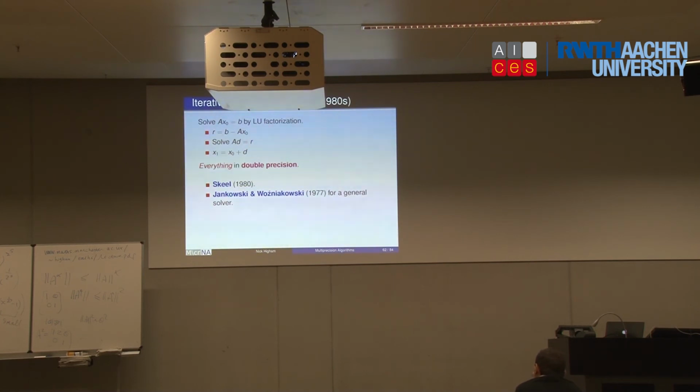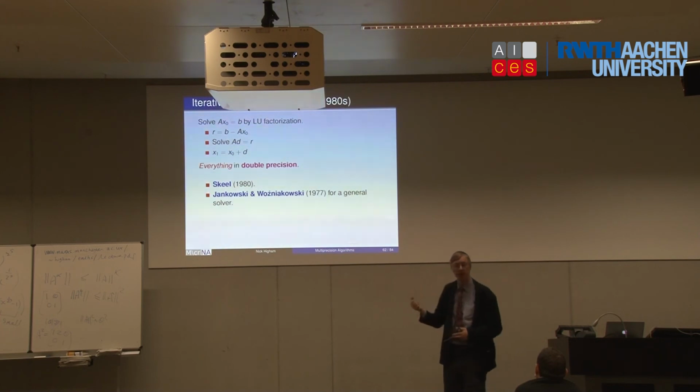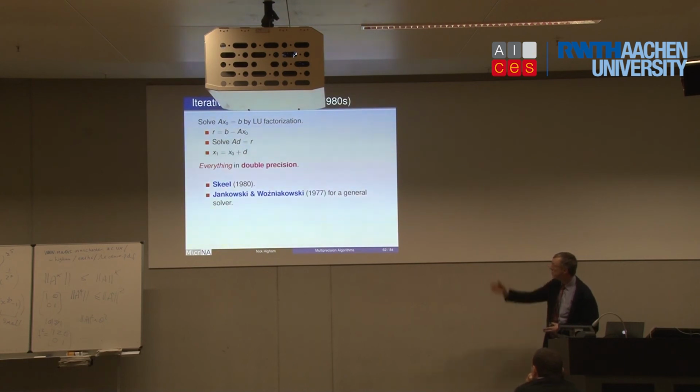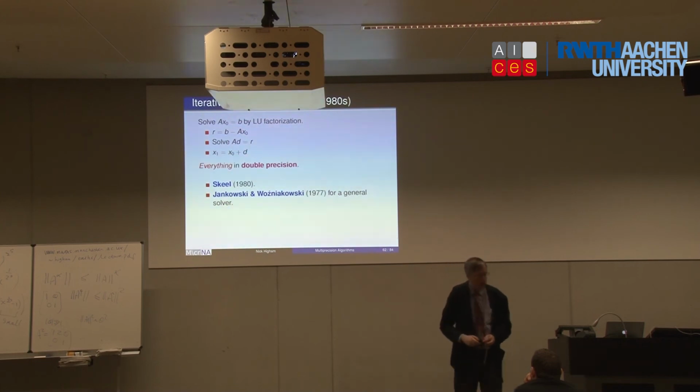There's two things. One, you can prove that you get slightly better error bounds than for the original x0. So the bound for the converged iterate will have a somewhat smaller forward error bound than the one for x0. That's the first thing. And that wasn't easy to prove. That was quite complicated. The second thing is if your original LU is rather unstable, if it's got some error growth, if you've used a rather weak pivoting strategy, this process can cure that instability. So you can get by with a more lax pivoting strategy. Again, both these papers prove that. So that fixed precision usage became popular in the 70s and 80s.